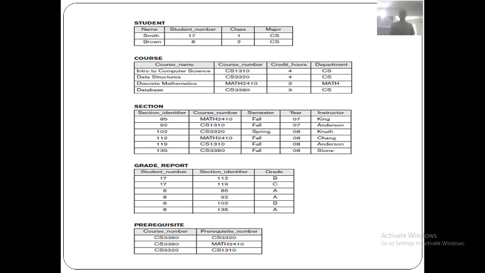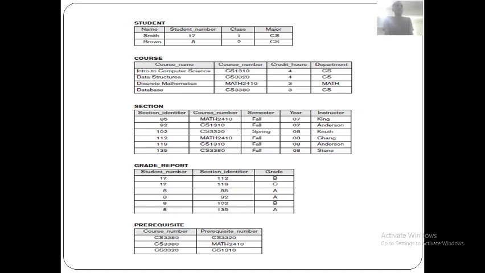Now see here, student is having 2 values. Name is Smith, another name is Brown. The first student's name is Smith and his number is 17, his class is 1 and major is CS.